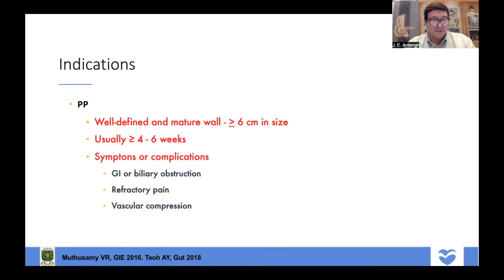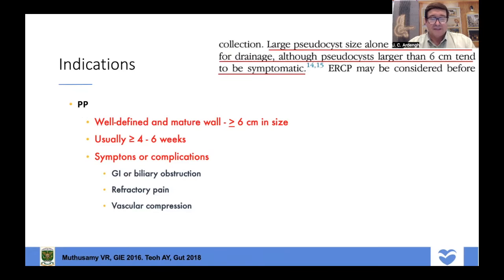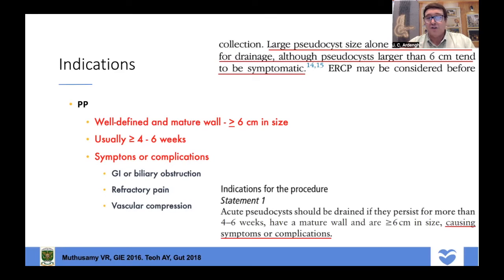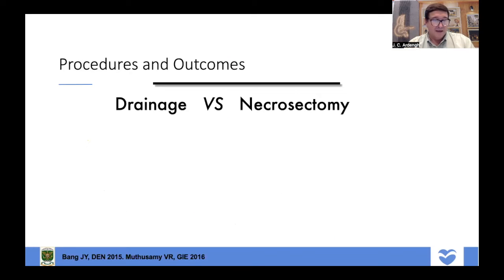Patients with symptoms and/or complications, biliary or GI obstruction, refractory pain, and vascular compression, with a well-defined wall, larger than 6 centimeters, and with more than 4 weeks of evolution should be treated with the endoscopic procedure. We must keep in mind that for the treatment of pancreatic fluid collection, we must differentiate